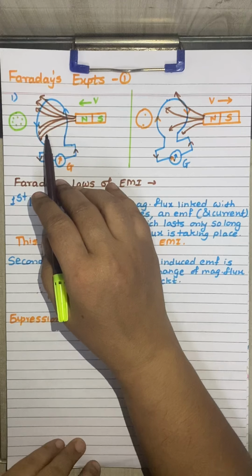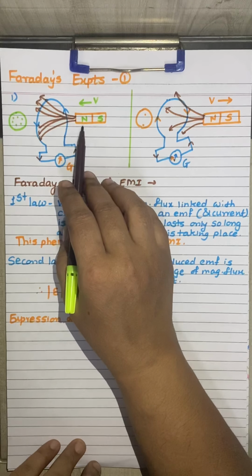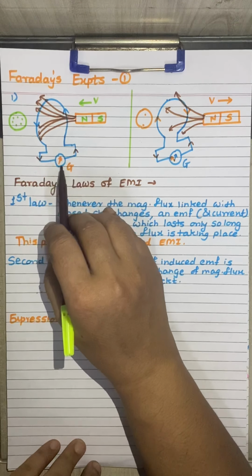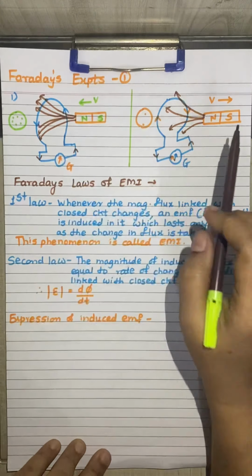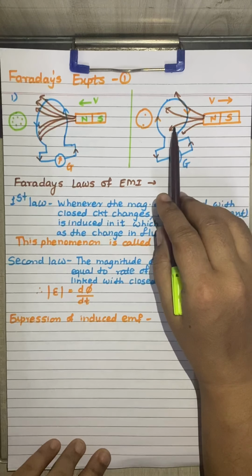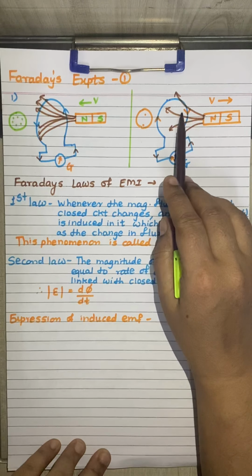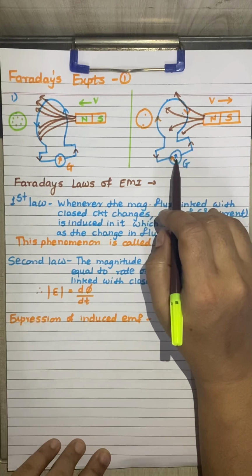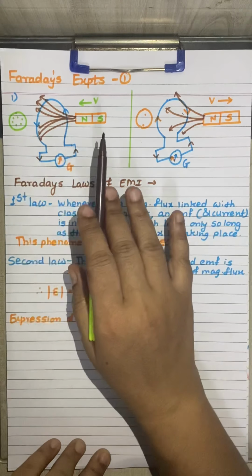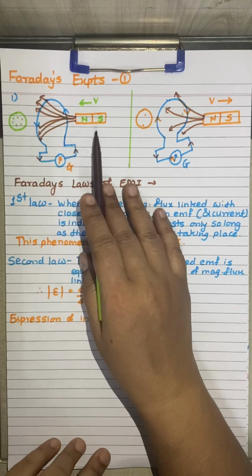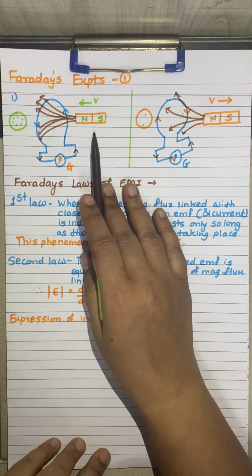In the first diagram you can see that whenever the north pole of the strong bar magnet is brought towards the coil, the galvanometer shows a deflection to one side, suppose to the right, from the 0 mark. And again, suppose we bring the magnet away from that particular coil, then you can see that the direction of the current is also changed and the galvanometer now shows the deflection towards the left. So this is the basic experiment where the coil is stationary and the magnet is moved to and fro.